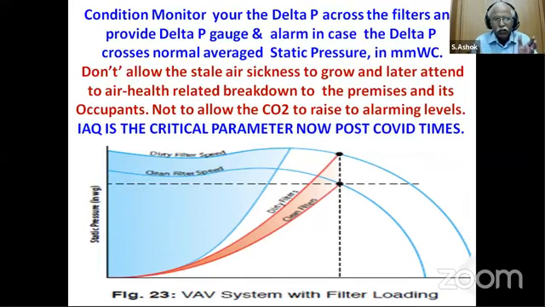That is, in the post-COVID times, the AHU has to do an excellent loading to maintain air circulation inside the premises, and air balancing can be achieved only if the AHU is loaded optimally and correctly. If it is loaded less and delivering less CFM, definitely IAQ is going to be a big task for us.